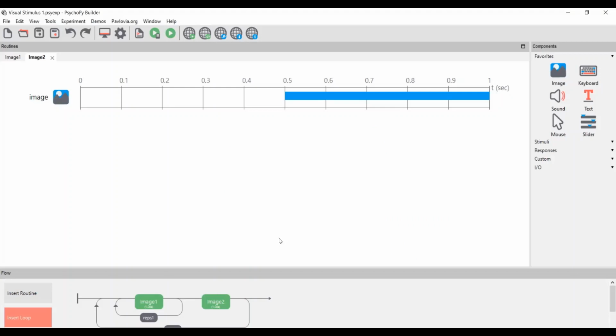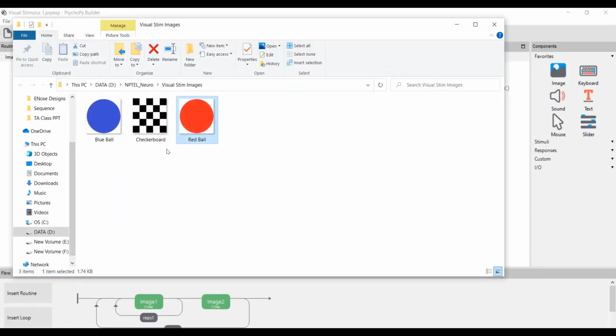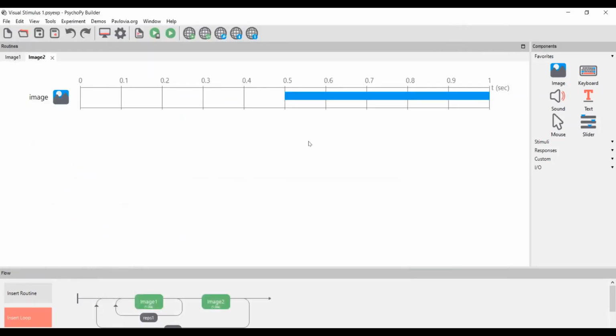So in a way you can design visual stimulus based on your requirement. If you want to add some more complexity, generally in case of two events or multiple event stimuli, you can use one more stimuli. Mostly this kind of checkerboard stimuli is also used with reverse checkerboard pattern and all. But the idea behind this demonstration is to let you know that using different stimuli components available in PsychoPy, you can generate a visual stimuli based on your requirement.